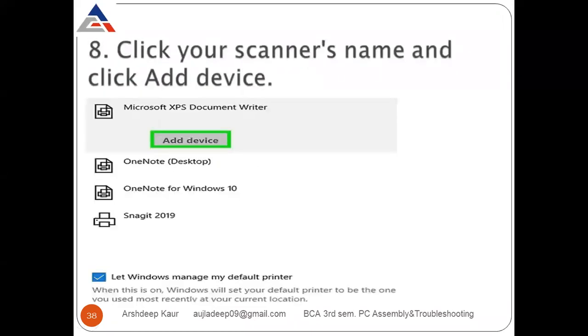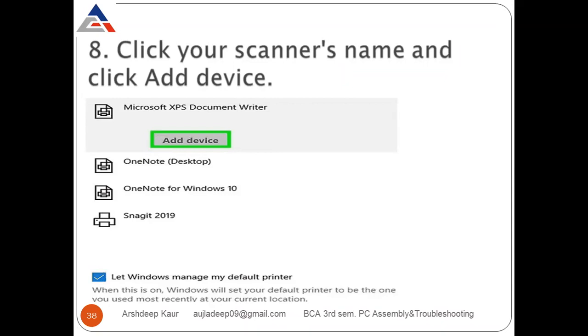So these are the steps that you have to follow while connecting your scanner with your computer system. First of all, you need a cable to connect your computer with the scanner. Then click on the start logo, click on settings. From settings, go to devices. From devices, select printers and scanners because we are working with printers and scanners.